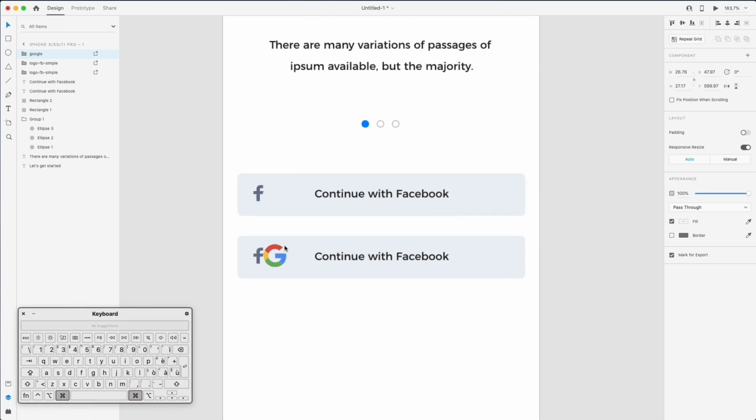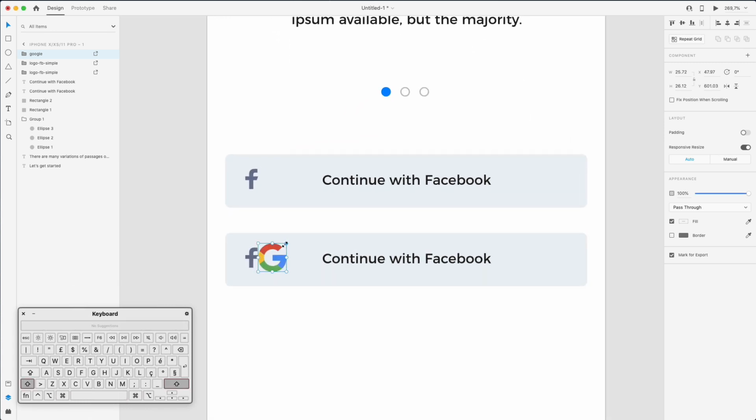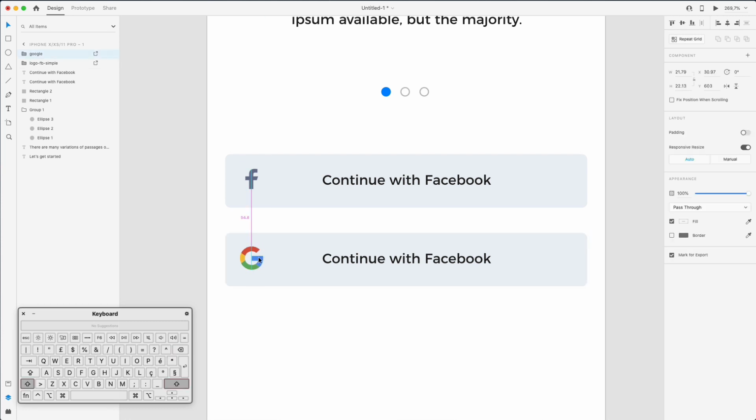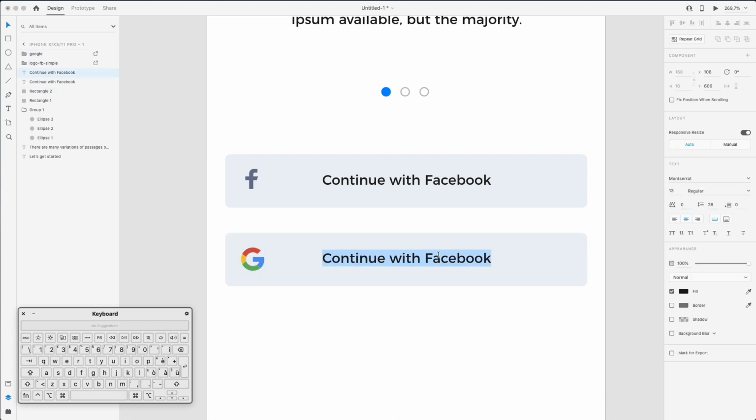This is something that you're probably going to do quite often in your design career, so it's definitely something which can be useful at times. So all right, let's bring this Google icon right here, continue with Google,